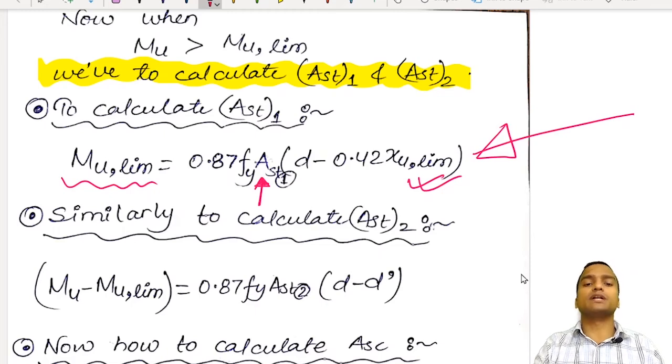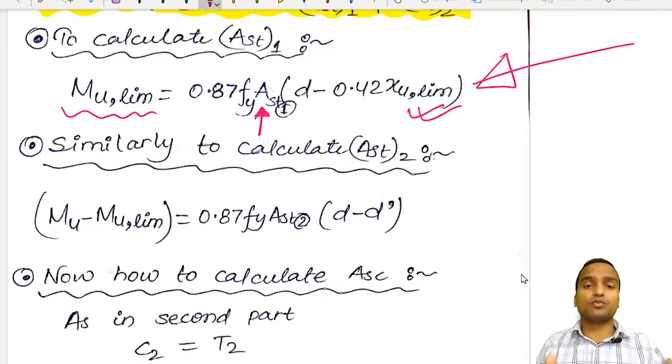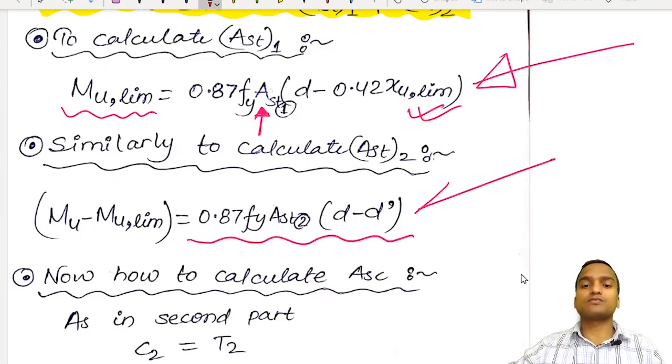Similarly, we can also calculate the value of Ast2. We know that Ast2 is the area of steel reinforcement in tensile zone in figure 2, and figure 2 was meant to carry the moment Mu minus Mu limiting, and we just have to equate Mu minus Mu limiting equal to 0.87 fy Ast2, and in this case the lever arm is not equal to d minus 0.42 xu but the lever arm is equal to d minus d dash. So the same thing is done here,